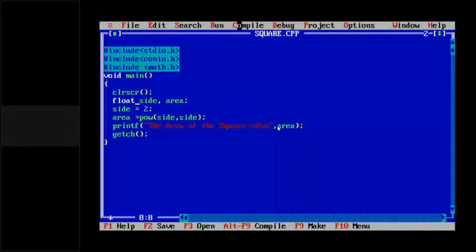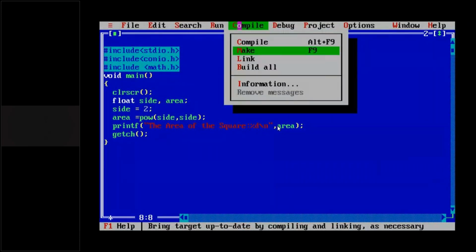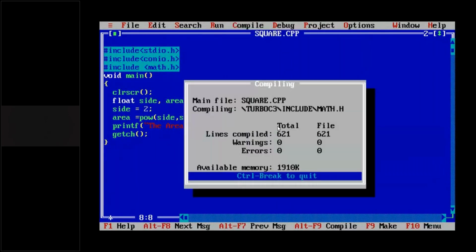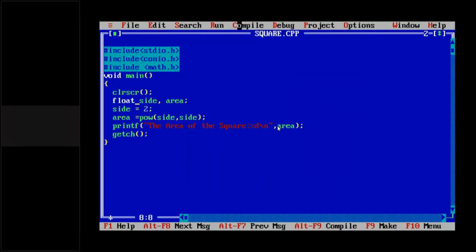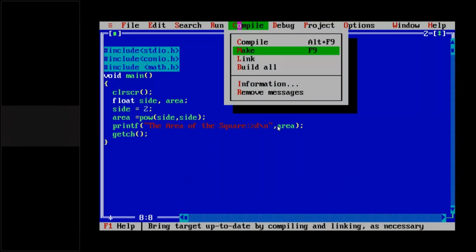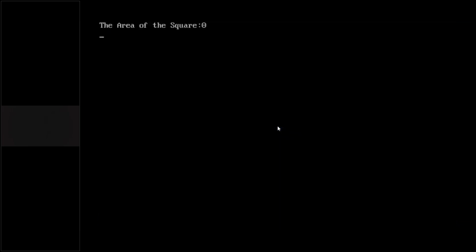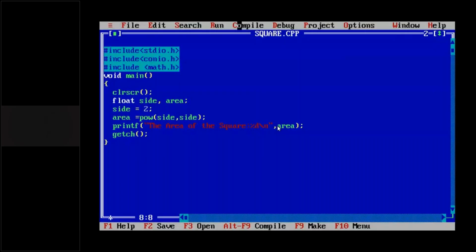Zero. You see the data is wrong. So the program is compiled, there is no error, while we have an error in the output. You would have noted that. So when we initialize, we have to initialize with the